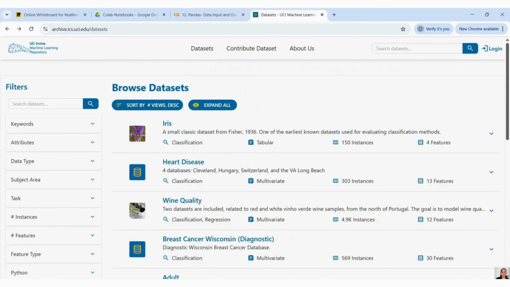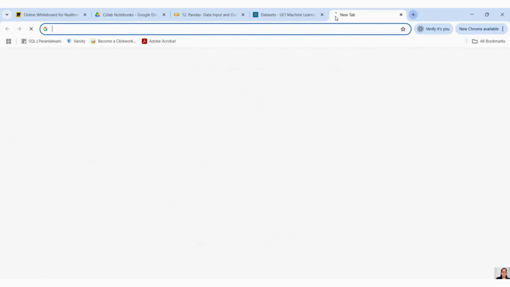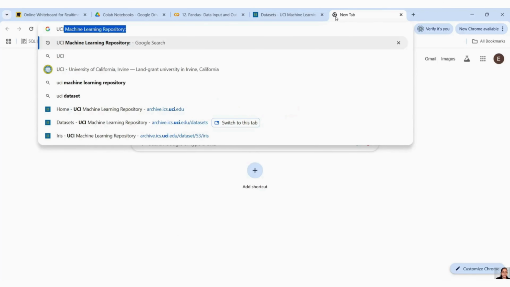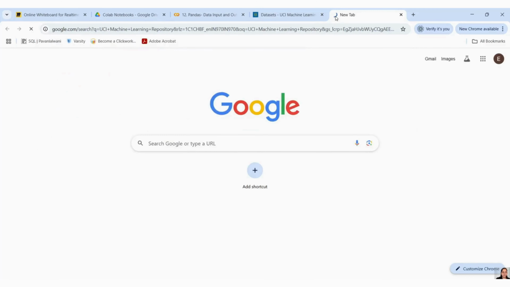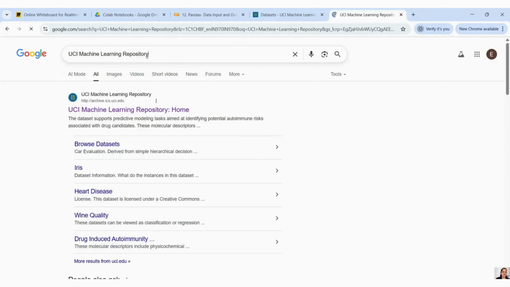Similarly, we have another place, the UCI machine learning repository. So type here UCI machine learning repository. You should be able to get it. Here, all kinds of practical data you will find, because different governments are keeping the datasets here. If you want to get real time data, this is where you will get it. So these are the two repositories I thought of showing you, and you can go and start practicing on this.